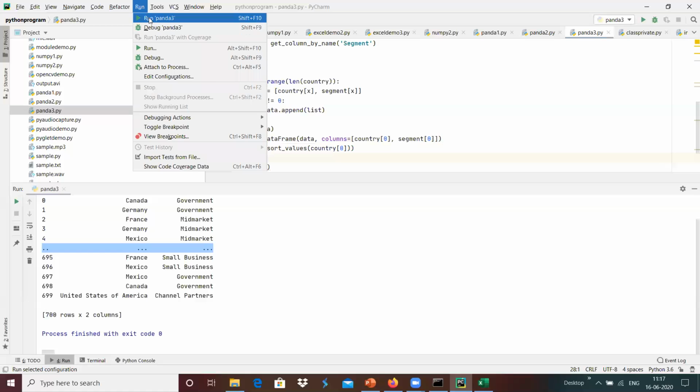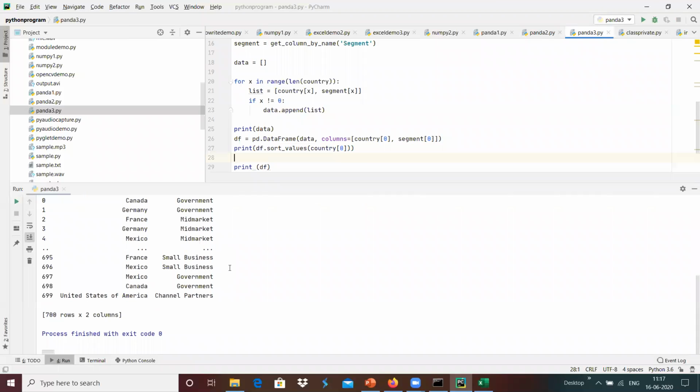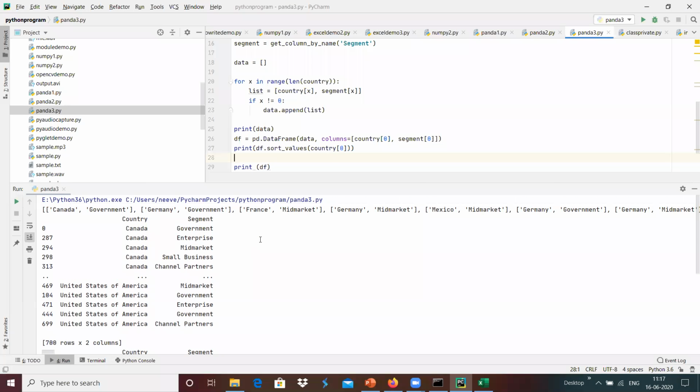Whenever we run this, we got the data which has been added with that. It has been listed in alphabetical order, which starts with Canada and ends up with the United States of America. Like that, we can do the sorting.